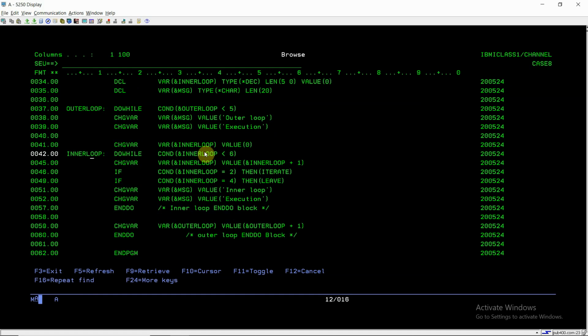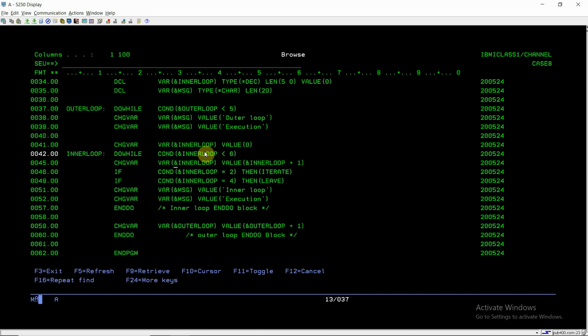We have given a label for this as well, which is inner loop. The condition is inner loop is less than 6. Inside that condition, at the first line we are incrementing the value by 1. So basically we are processing for inner loop value 1.